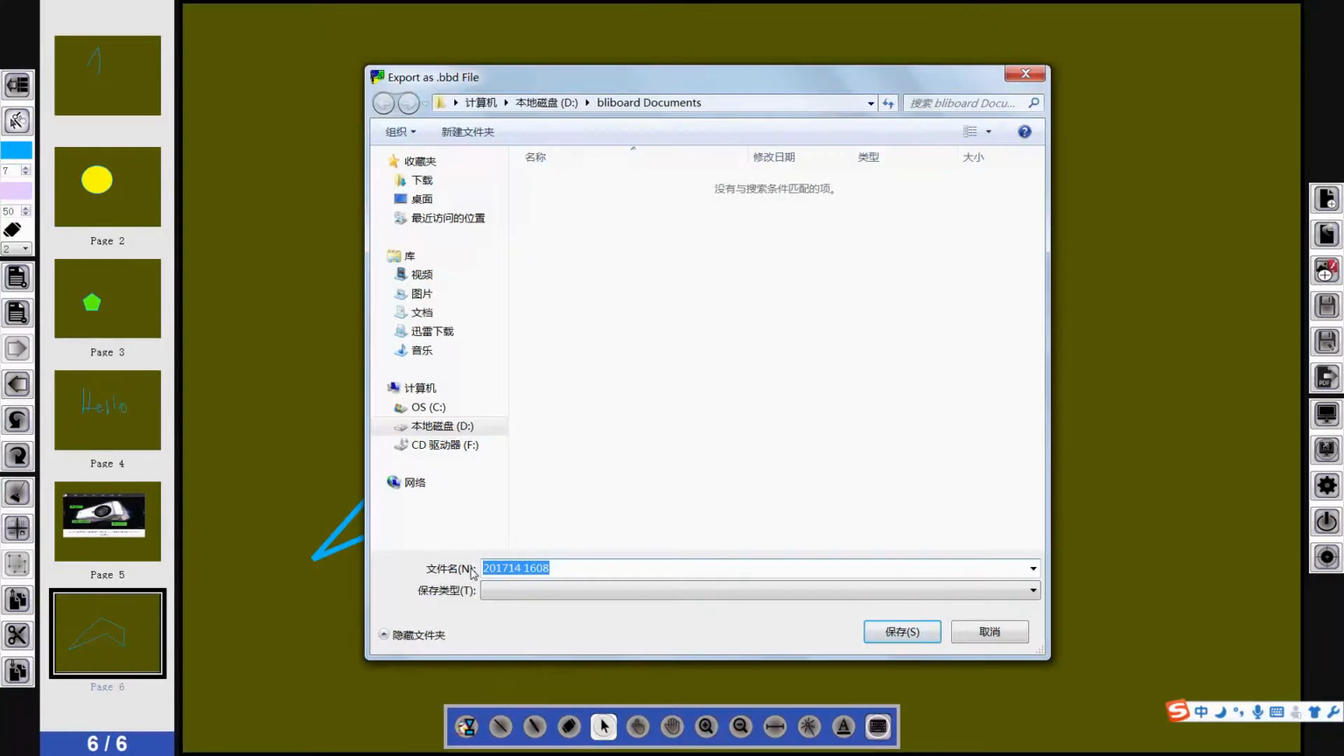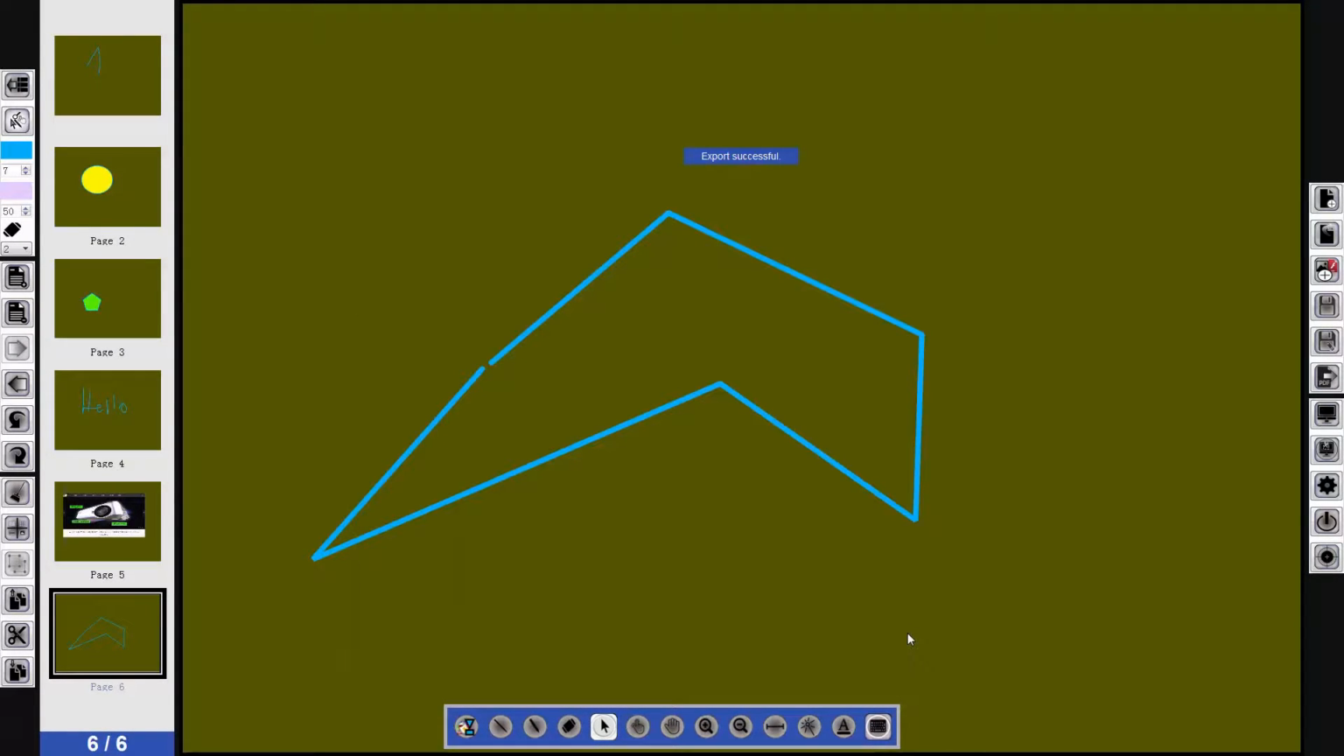So if you want to give it another name, just do it, and name it Blackboard document. And hit save, and right now our document is saved. So we're going to close out of Blackboard and load it again, and you can see that we have our content here. So close the document,